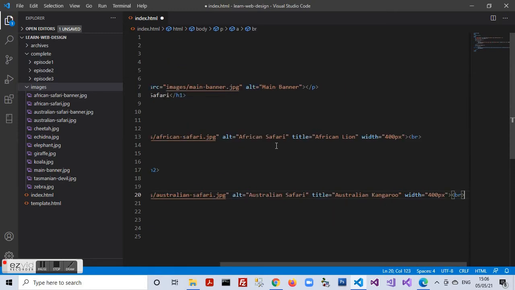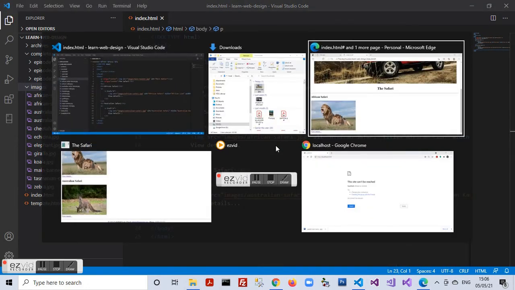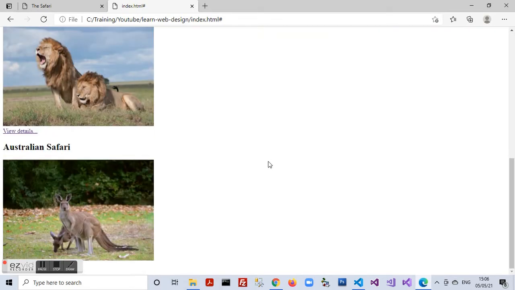So here we are. We save the document, move to the browser, and see the effect this code has had on our web page. So below the section of African Safari, now we have Australian Safari.